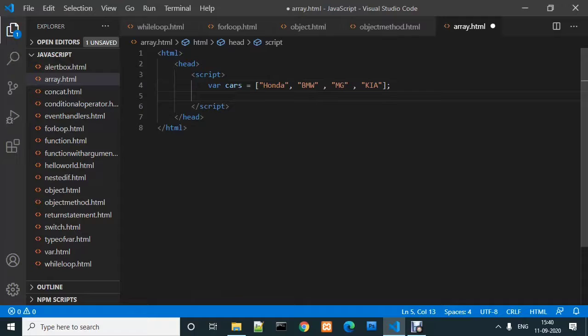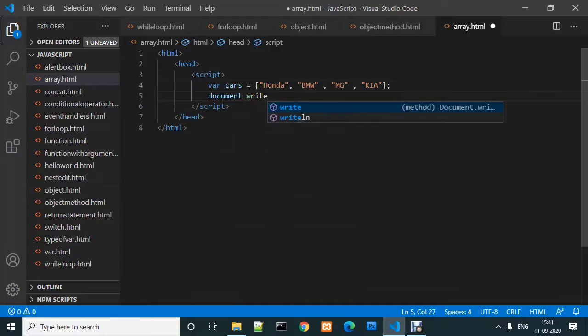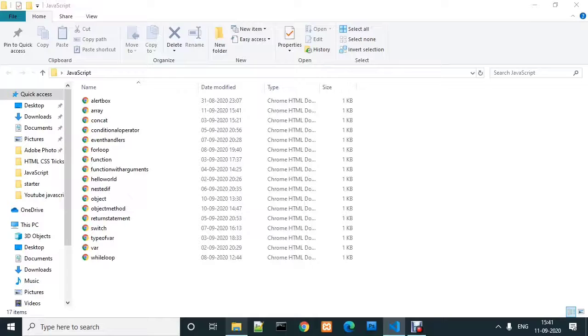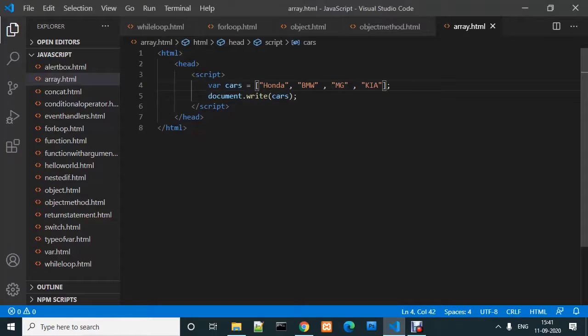When we want to print the whole array, we just have to write document.write, and in that we provide the array name. So cars is our array name. When we save this file again and open the folder where we saved it, our file name is array. When this file opens, it shows Honda, BMW, MG and Kia. These are the same values that we assigned here. So the whole cars array is printed.